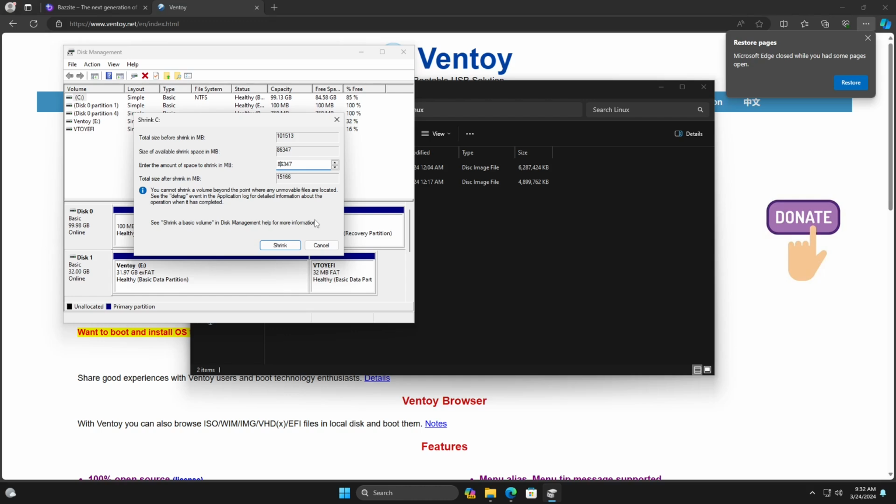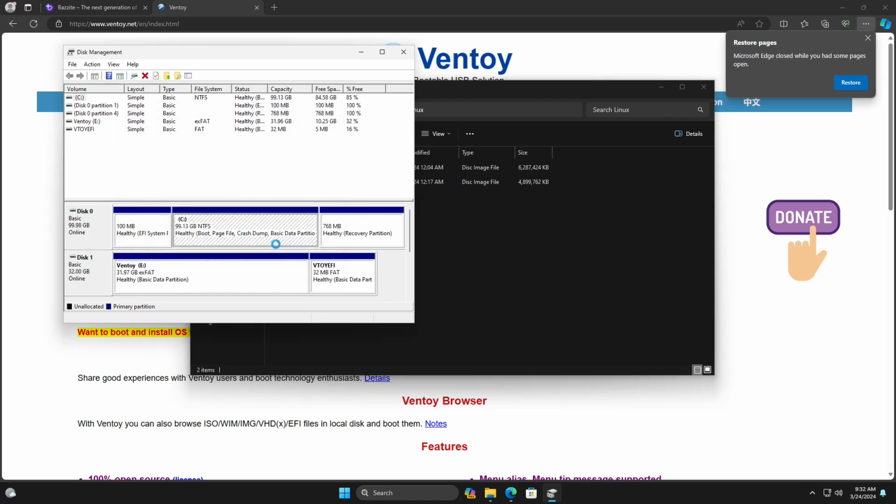Over here we're going to give Windows a little bit more space. Then we don't want to shrink the drive to nothing, so we're going to give Windows 6 gigs. We're going to click on shrink, and now we've got an unpartitioned section on the drive in which we're going to install Bazzite.